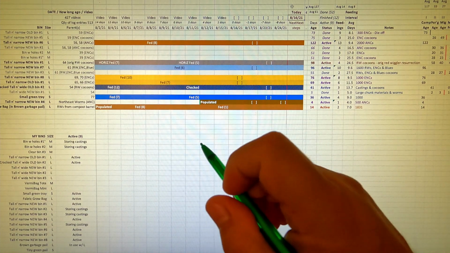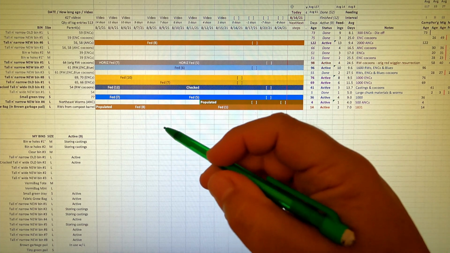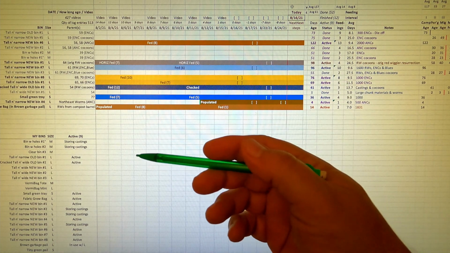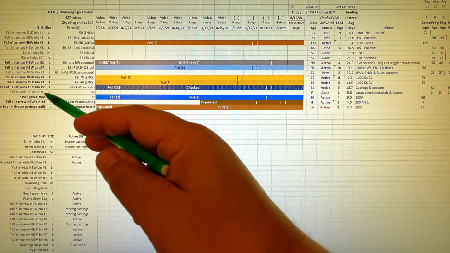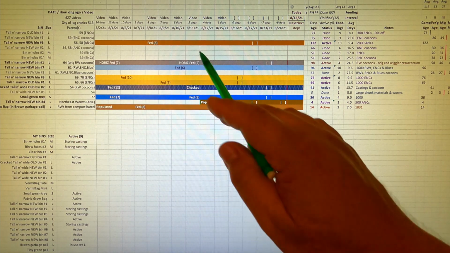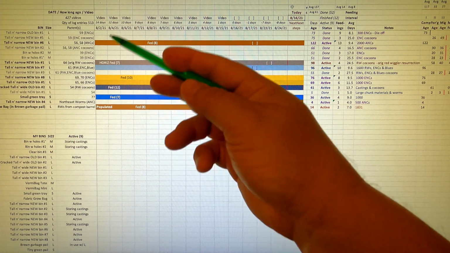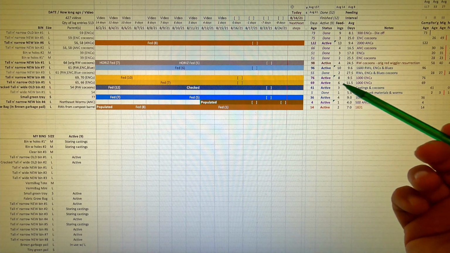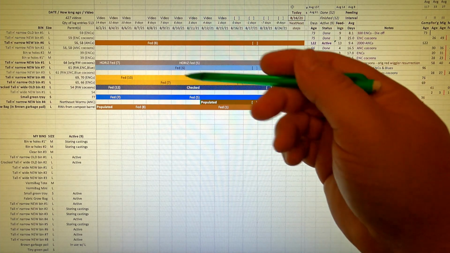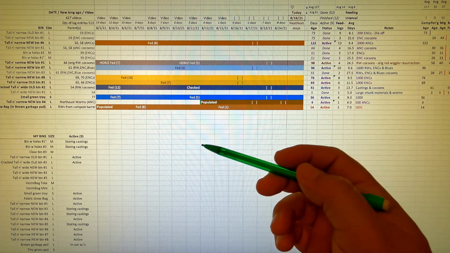Hi everyone, welcome. What you see here is my tracking spreadsheet. It's where I keep information about all of my active worm bins so that I can feel like I know what's going on. Because with this many active worm bins, sometimes it's kind of a juggling act to remember, hey,